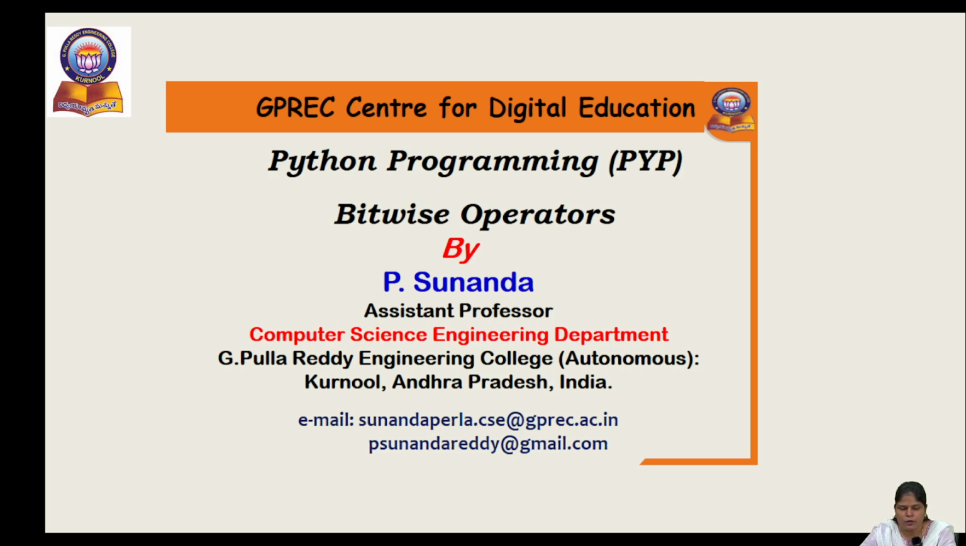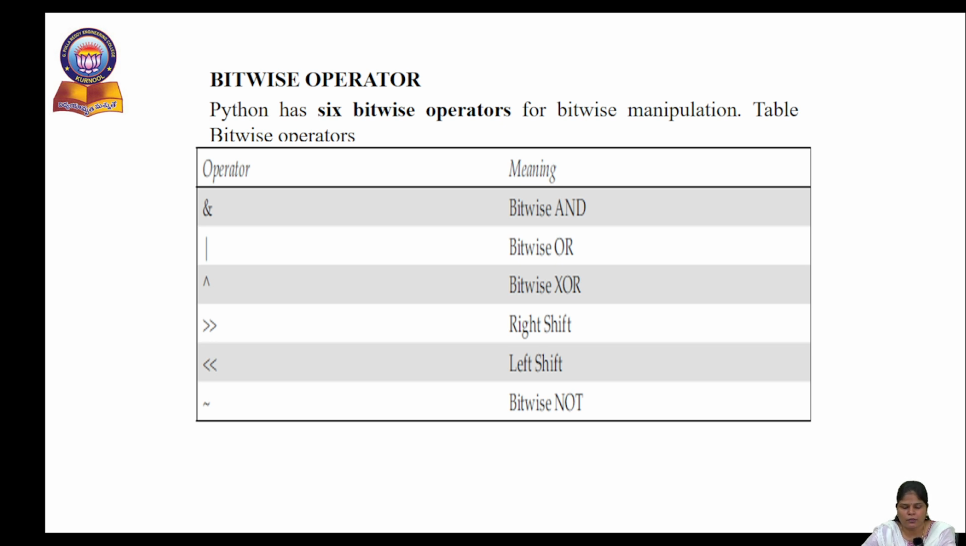So of all the operators we have, these operators mainly help us to perform operations on the bits, not the values, right? So whatever numbers we have, the numbers will be converted into bits, and on those bits we will be performing these bitwise operators. Python provides mainly 6 bitwise